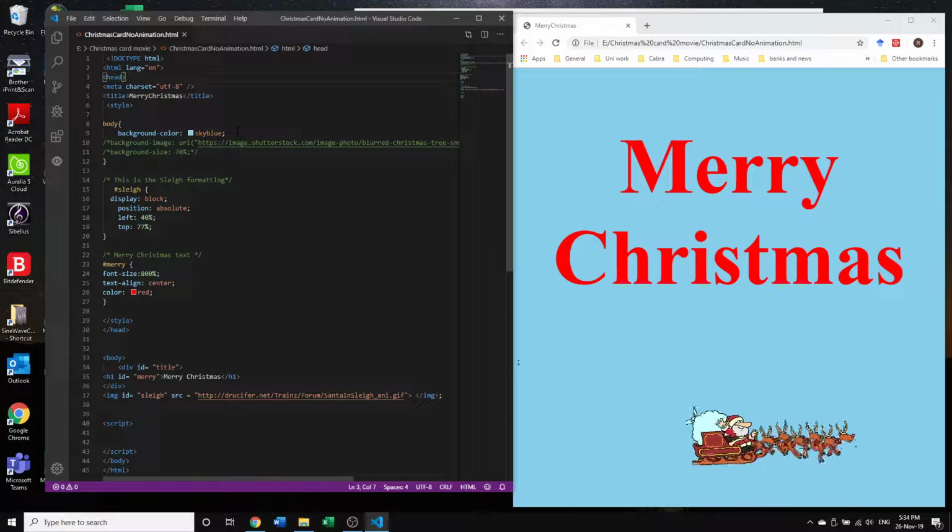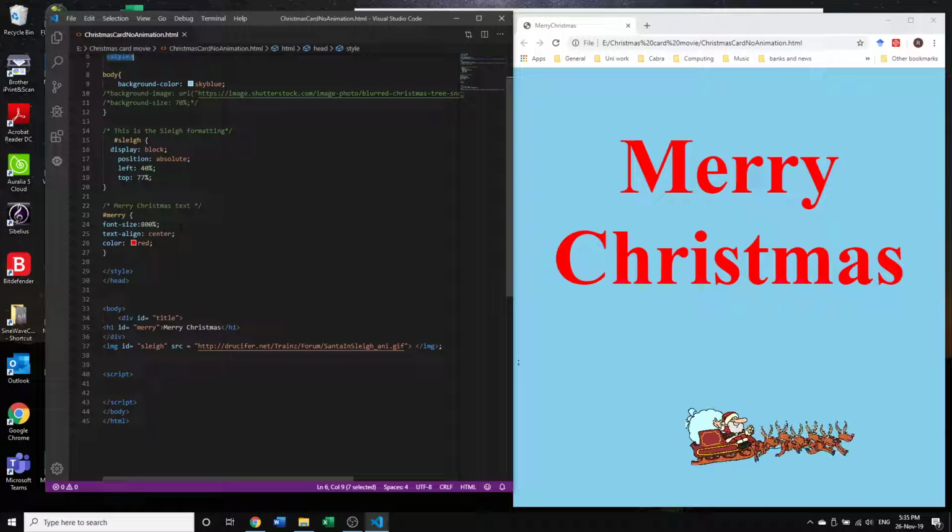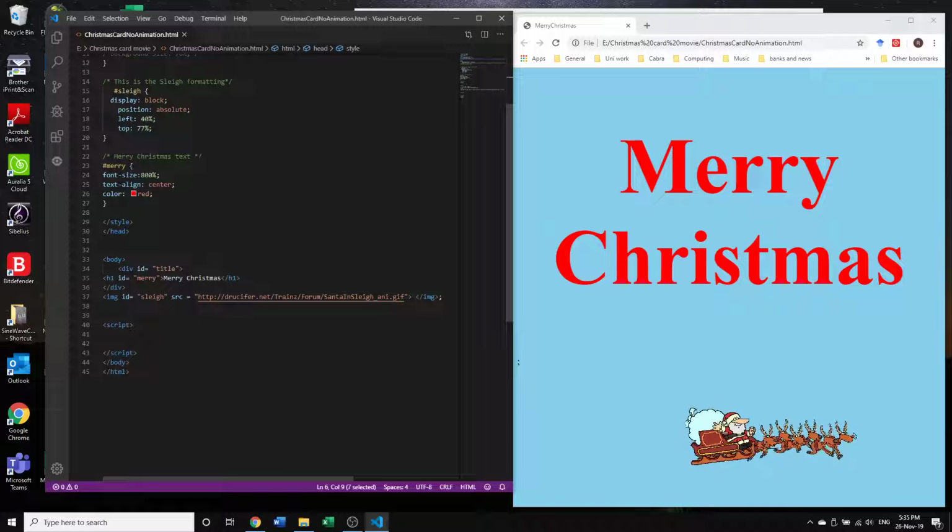Just a bit of a revision. So we have the background color in the body. This is all in the style section. Body, then we have the sleigh, which controls the sleigh itself down here, and the Merry Christmas text, which is 800% center and color red, which is here. Okay, so what we need to do first is to change the Merry Christmas so it alternates flashing green and